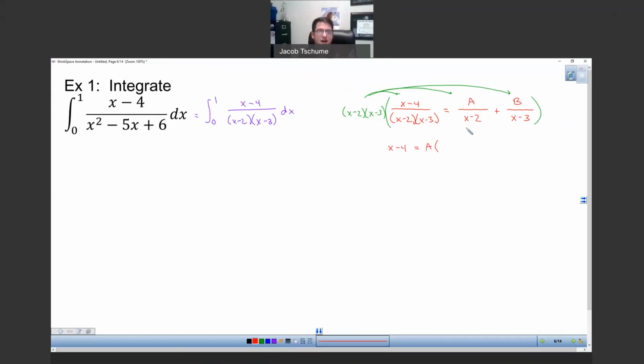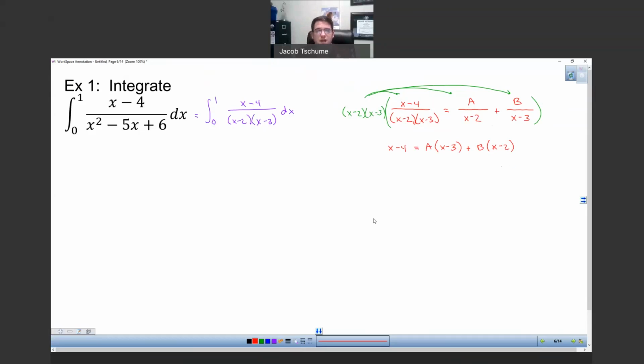On the a fraction, the x minus 3 doesn't cancel. And on the b fraction, the x minus 2 doesn't cancel. Now, one of the good things about case 1 partial fractions is that there's actually a shorter way to solve for the constants than what we're going to see later on. So I do want to teach you this shorter way because it will save you a little bit of time